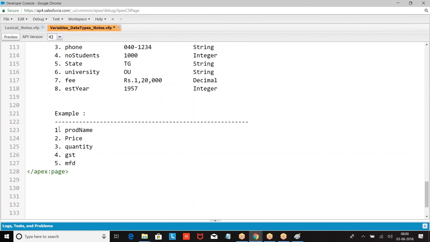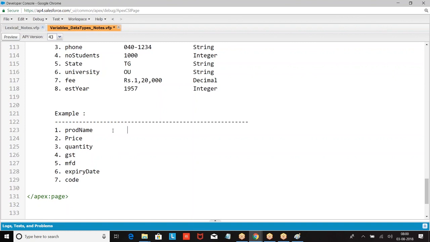So MFD, manufacture date. Then we had some data. Now I have something like product name.